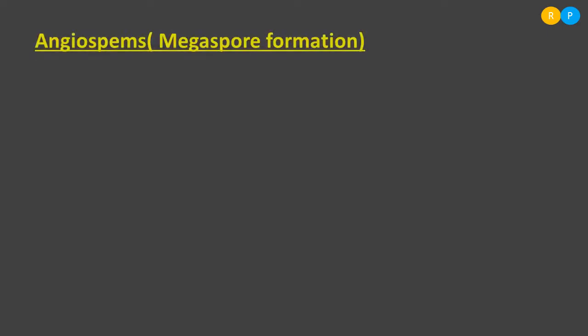So, these are the three different parts that can be seen in the female sex organ. Let us now understand how the formation of megaspore takes place in the female sex organ, because the initial function of the female sex organ is the formation of megaspores. Understood? The formation of megaspore takes place within the ovule. So, where do we have the ovule in the pistil? Yes, the ovule is present inside the ovary. The ovary is actually a protective structure. It consists of a number of ovules. Many ovules will be present, and the number usually varies depending on the species. Clear?